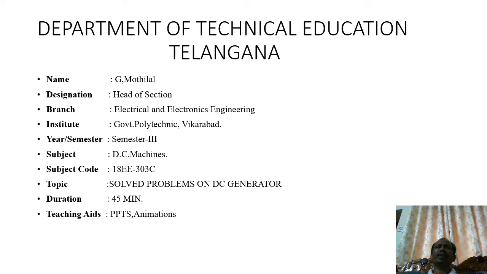Suppose you are observing the long shunt generator and short shunt generator. This is the classification of compound generators. In the long shunt generator, series and shunt field windings are both connected. The series field winding is connected in series with the armature, and this combination is connected in parallel with the shunt field winding. So the terminal voltage V is across the shunt field and across the combination of series field and armature.